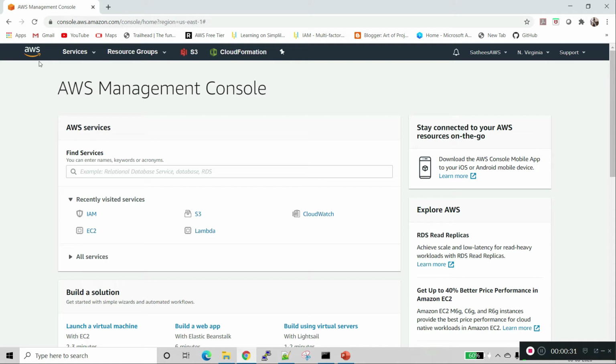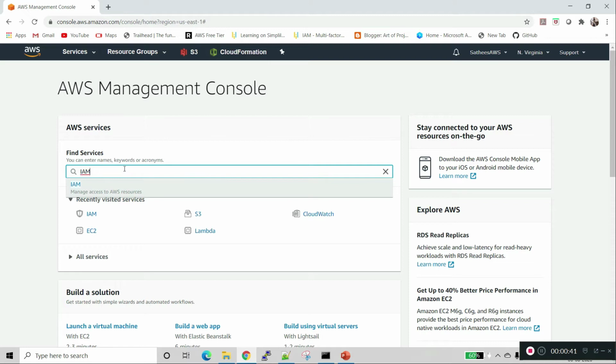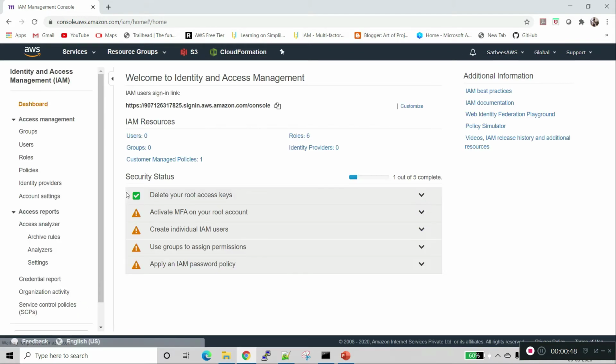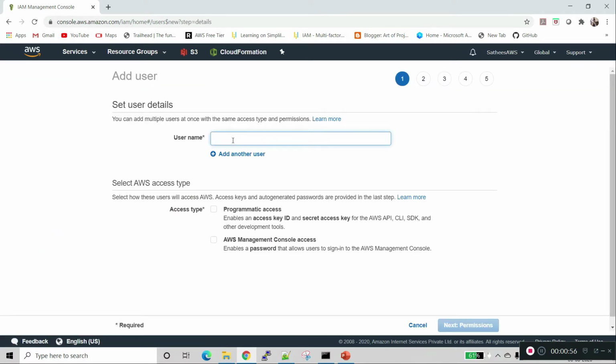So I have opened the AWS Management Console. I will search for IAM and we will create a new user and provide the access privilege to the new user.